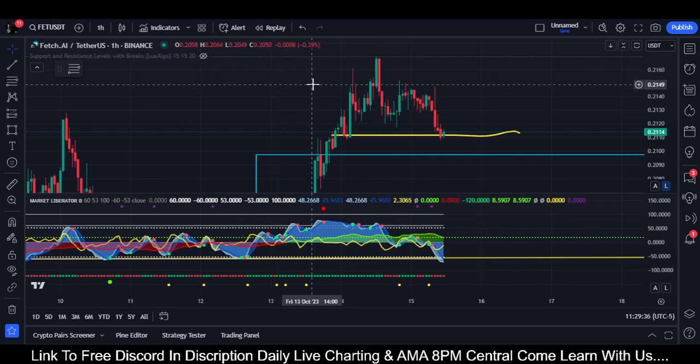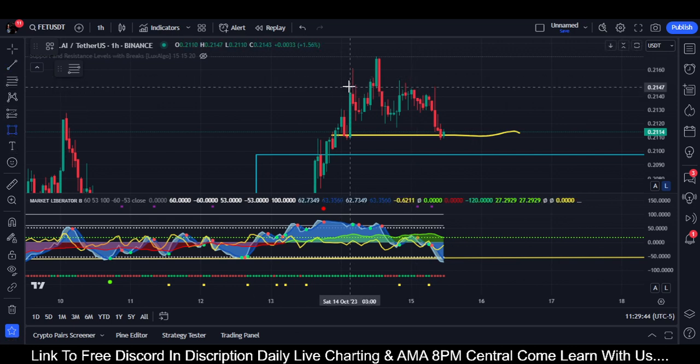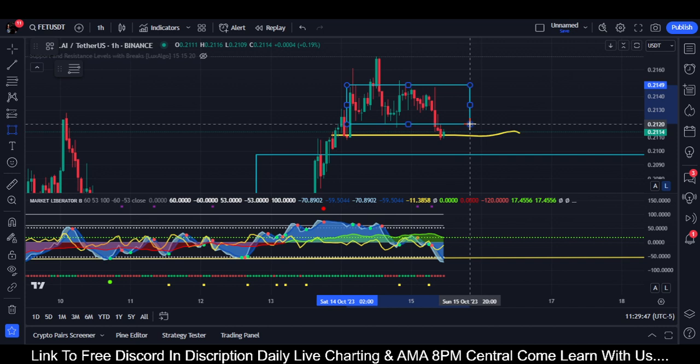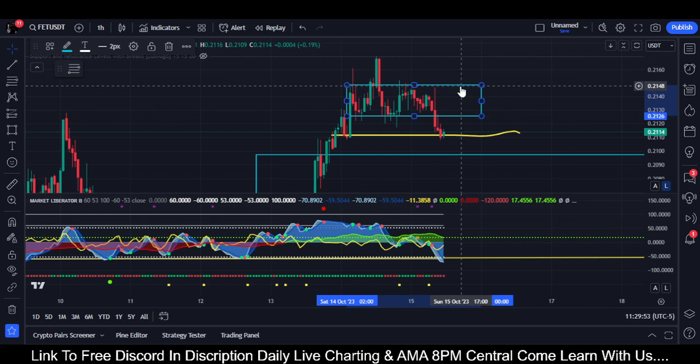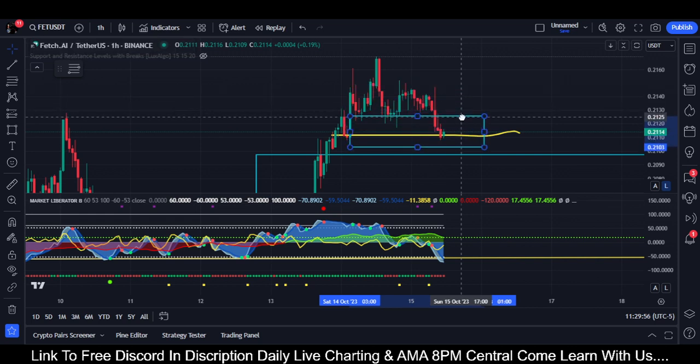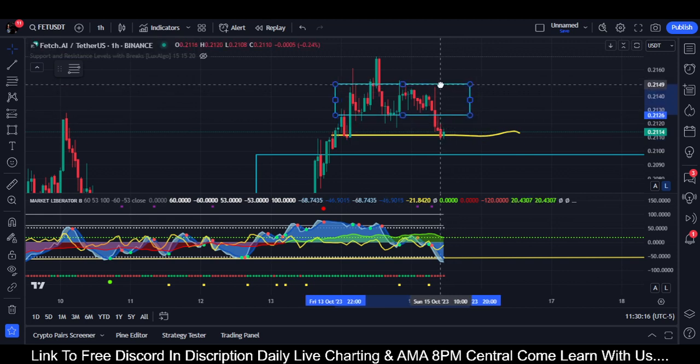So, to me, our clear support resistance level is pretty much about right here. And let's consider this to be a small range where price was trading in it. And then now let's take this and slide it on down. So right now, price is about halfway down. Should come up and find resistance, come down, find support, possibly come up and hit some resistance, and hopefully move on down. And now if we take this whole entire range